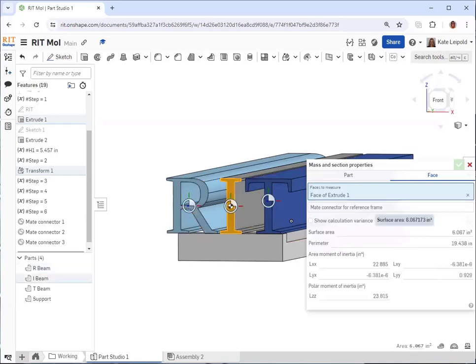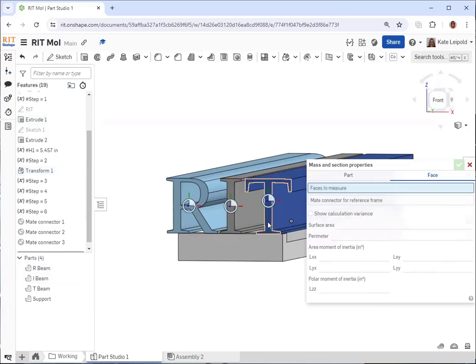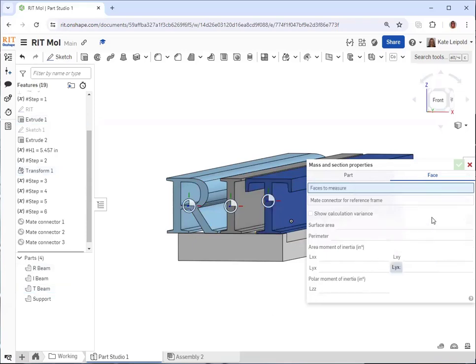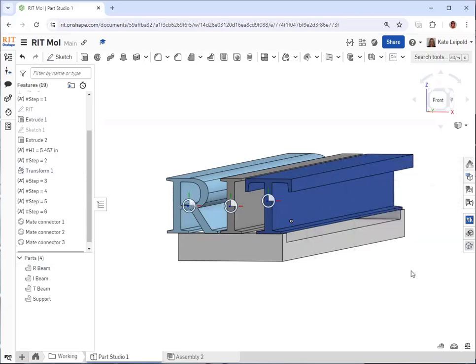For the I, it's 22. And for the T, it's 34. So given these heights, we'd expect R to be the most resistant to deflection, but recall that that's almost twice the height of the I-beam and therefore almost twice the material cost. We found our centroids,